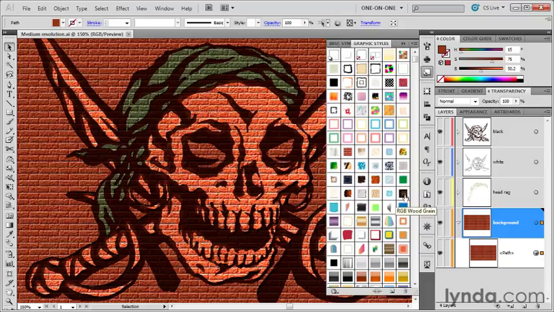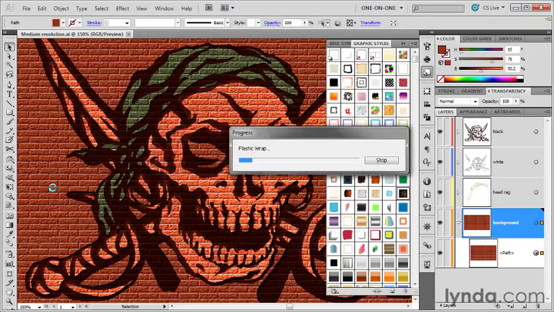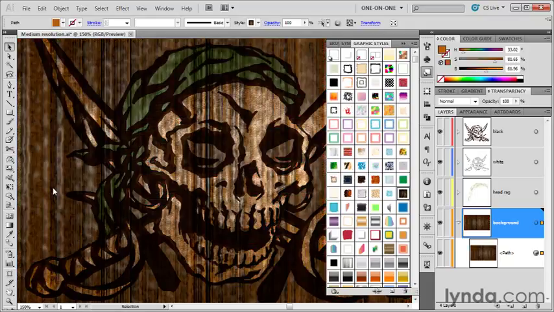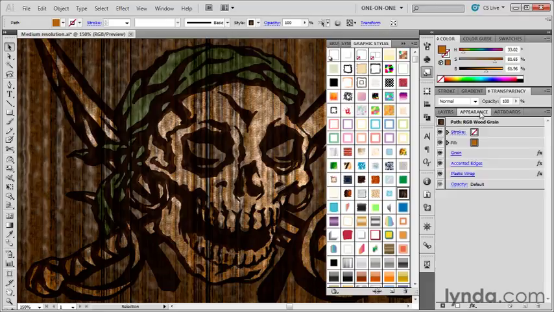And let's say that I go ahead and click on RGB wood grain in order to apply that style. Then Illustrator is going to switch out all of the effects. So it's going to completely modify everything inside the Appearance panel. If I now switch over to the Appearance panel, you'll see that my old fill, my red fill, has been